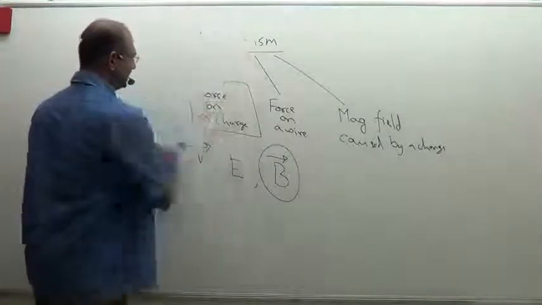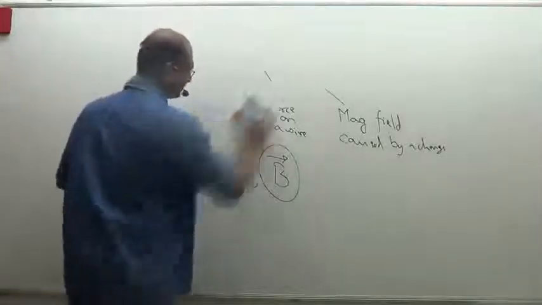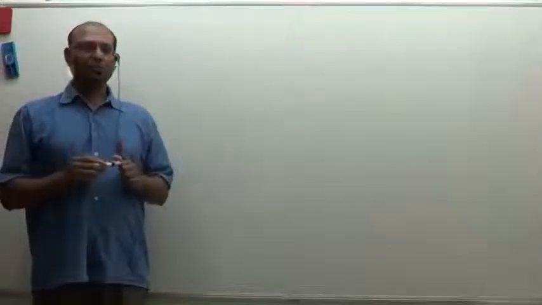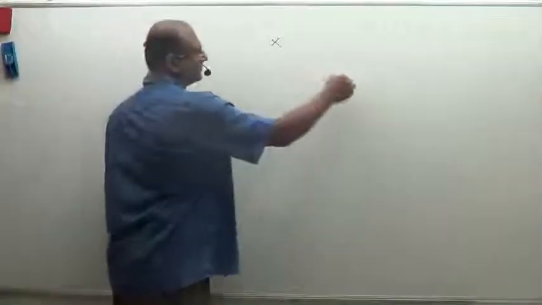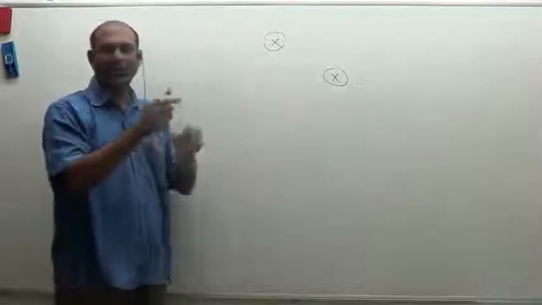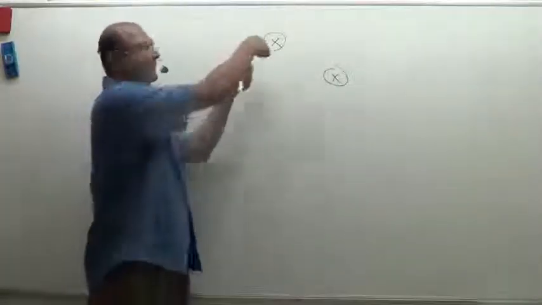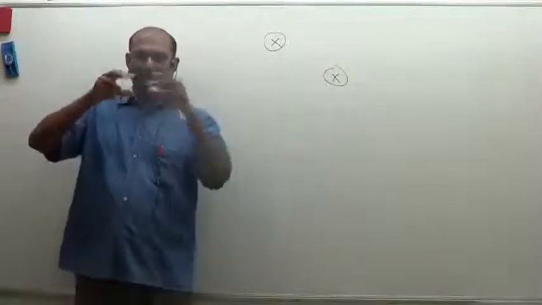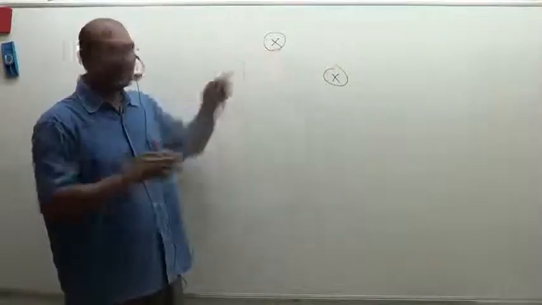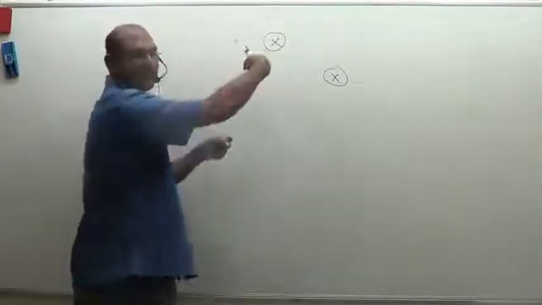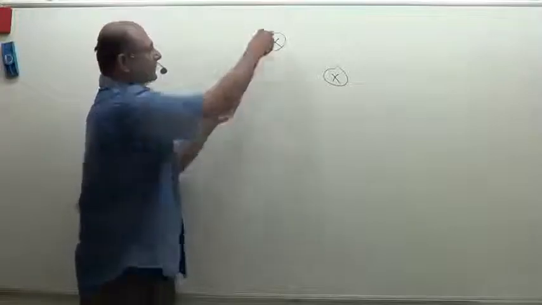Okay, so let me erase this so that I have some space. So first let's assume that there is a magnetic field in this place. Usually we use an arrow with a cross. This cross represents the back side of an arrow. So imagine that you have an arrow and the back end of the arrow is what you are seeing here. So now the arrow is pointing into the board, and so this is the back end.